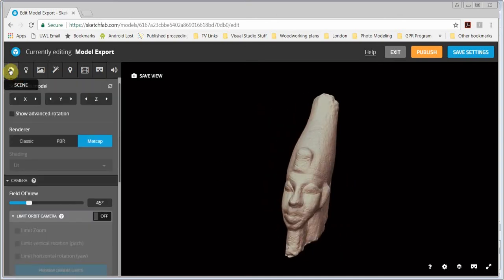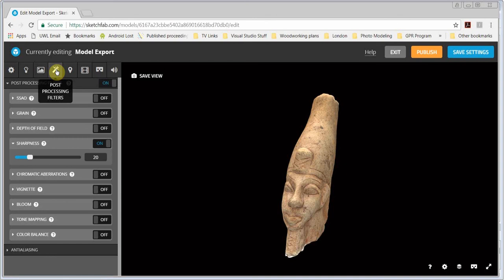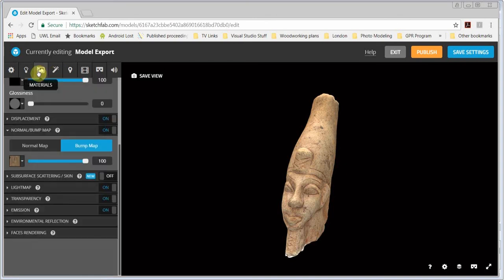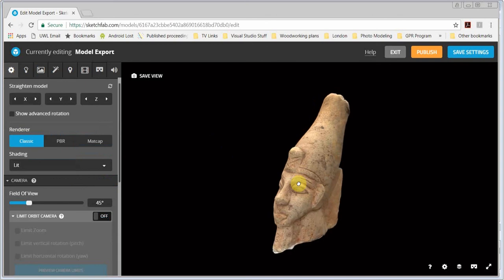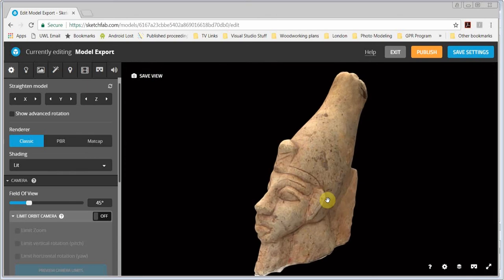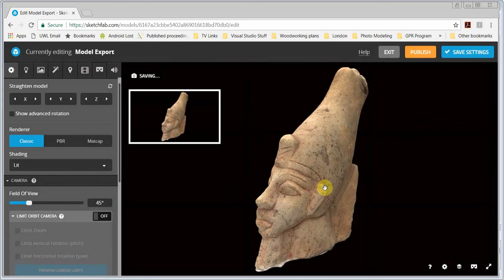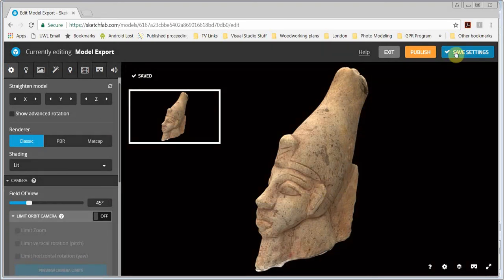Then what I want to do is go back here, put back on classic rendering, and I believe that's all of the ones that you really need to worry about in terms of presenting your model nicely in Sketchfab. Last thing to do is get an initial view that you like. That's the view that people are going to see when it pops up. Once you have it positioned the way you like and zoomed in as far as you like it, then you can say save view, saves that initial camera view, save my settings,